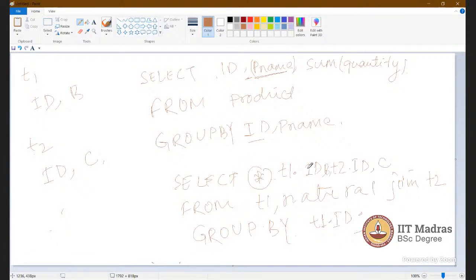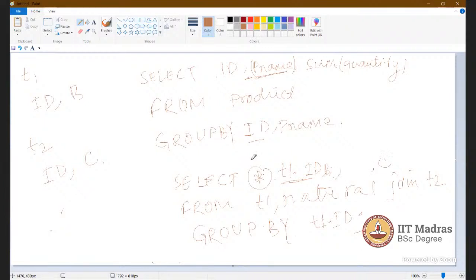Earlier I said if you want to display it in the select clause. With the natural join, T2 ID will not be there, right? Yes, with the natural join it will not be.